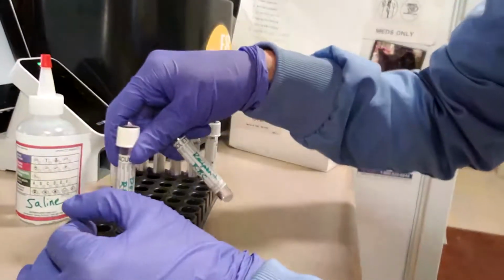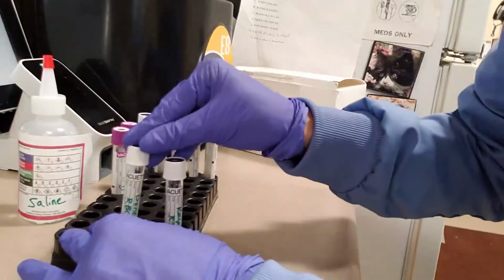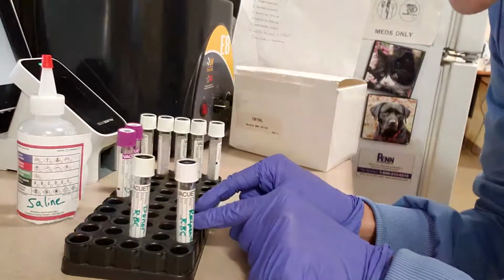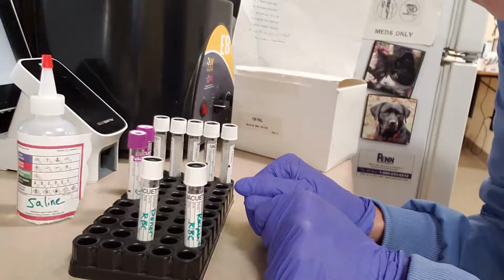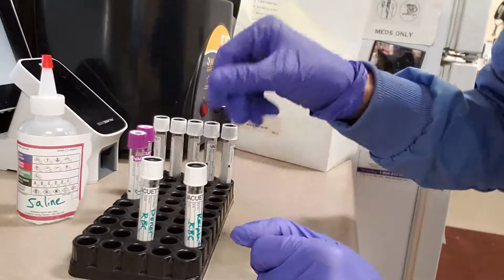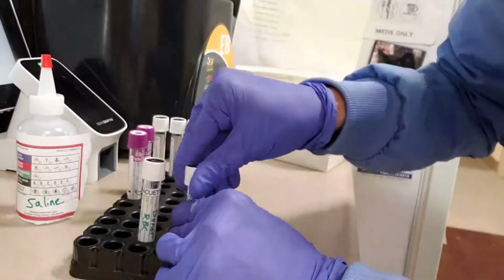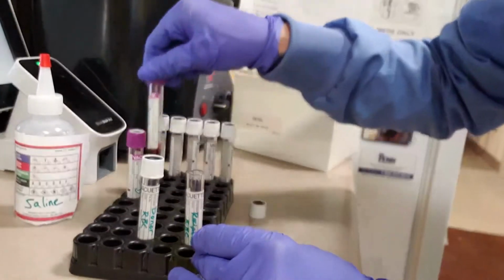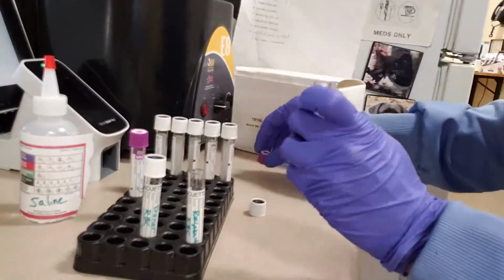Now what we're going to do is our red blood cell wash. We want to wash each 3 times. We want to make sure that the supernatant is clear. So what we will do first is put our red blood cells in. So our recipient,